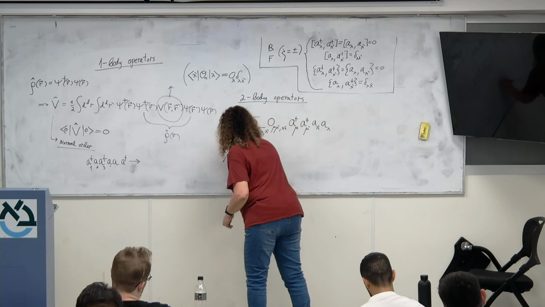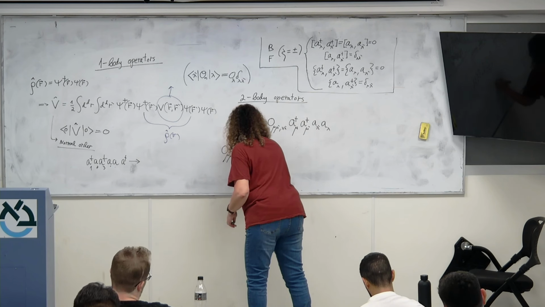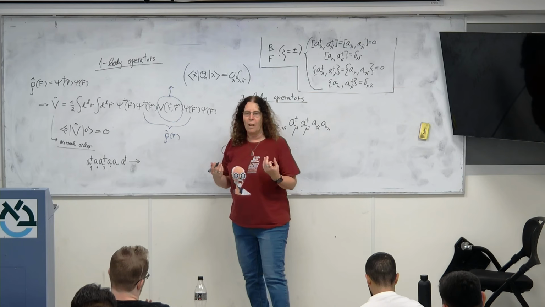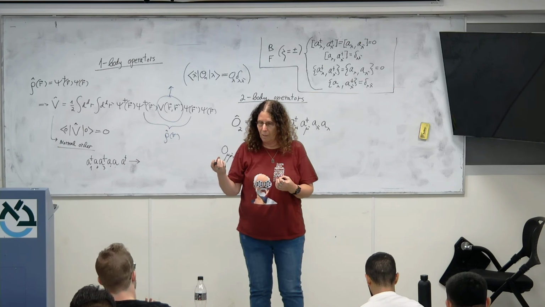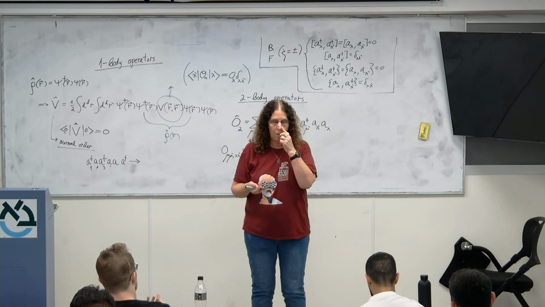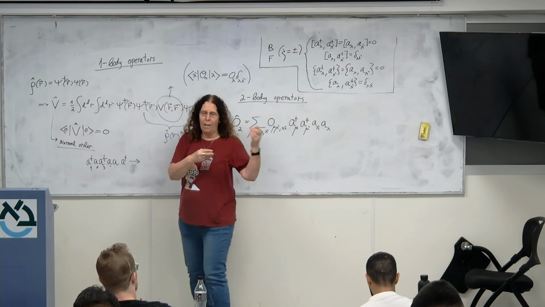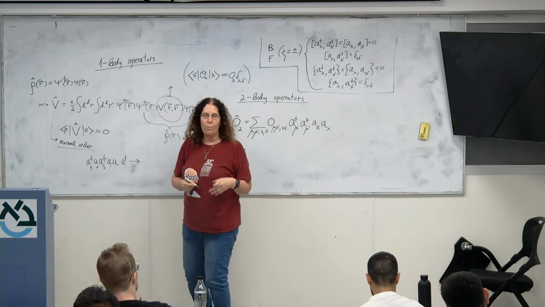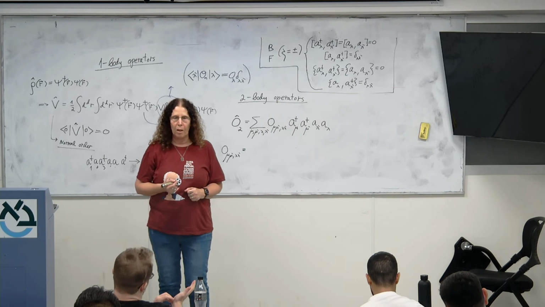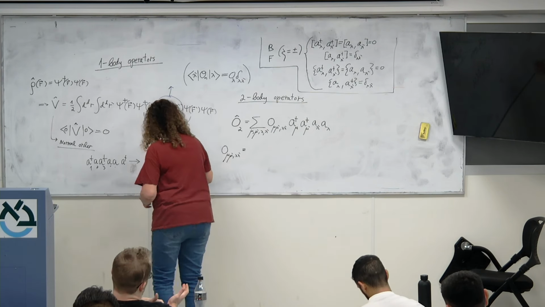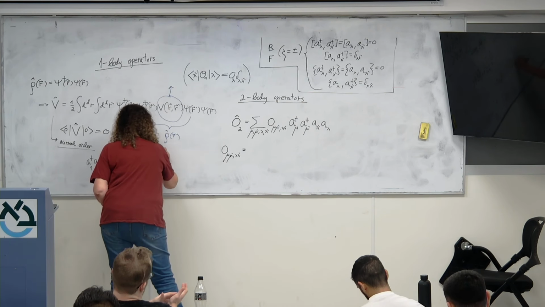Mu, mu prime, lambda, lambda prime is something that, if you want to relate it to this, comes from the change of basis. The change of basis from the coordinate basis to some other quantum number involves the wave functions, the single particle wave functions. So, okay, I'm just reminding you that